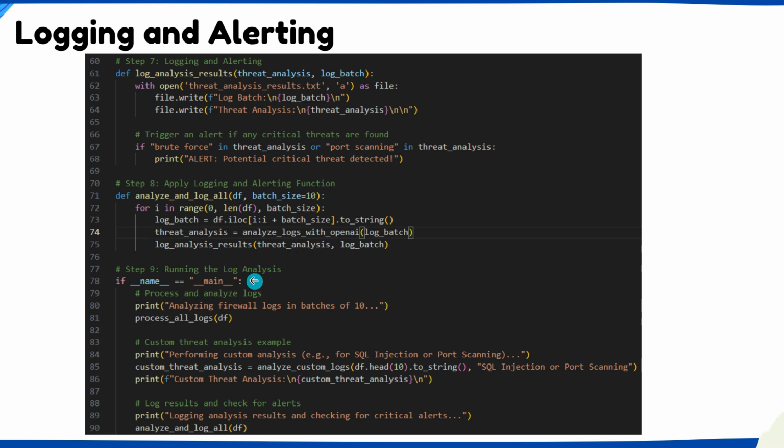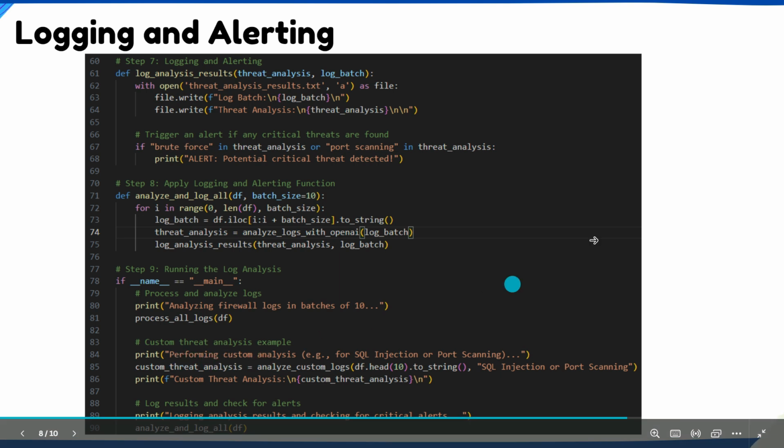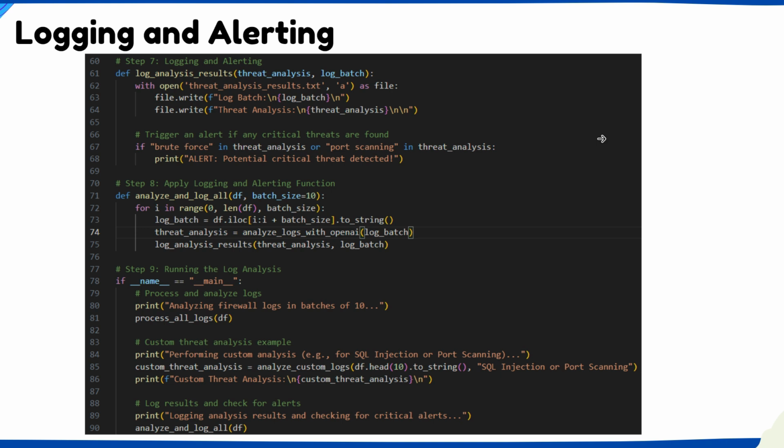Then here, running the log analysis. Then here's process and analyze logs. Then the custom threat analysis example. And then the last one is to log the result and check for alerts. This approach makes the entire process not only automated but also actionable in real time.